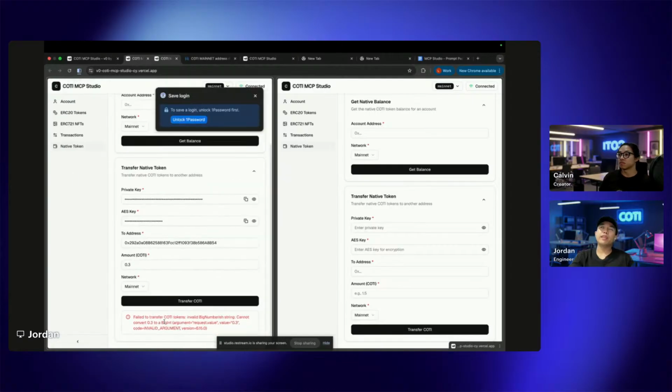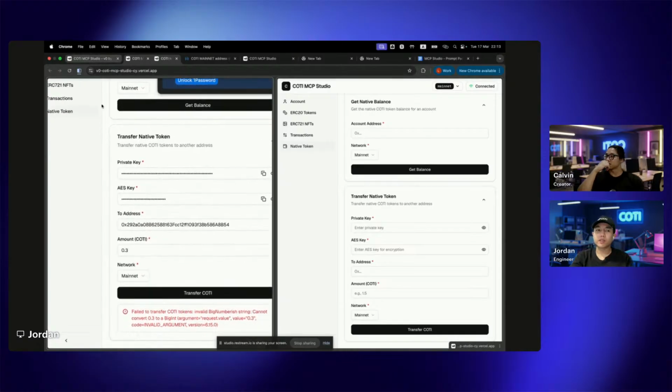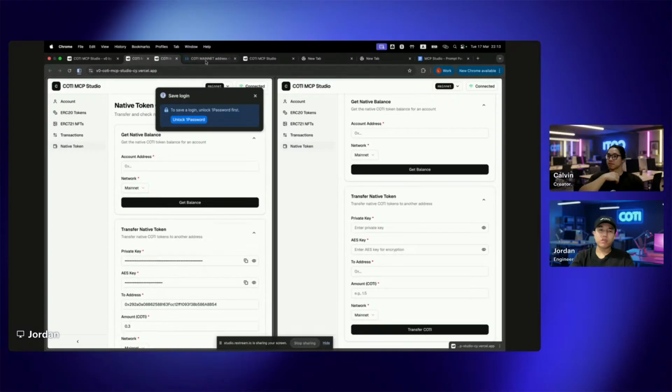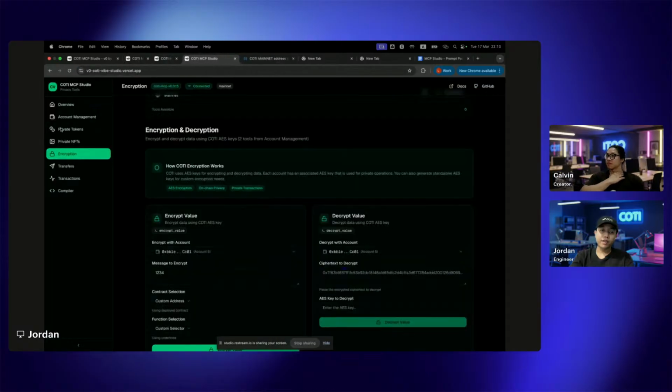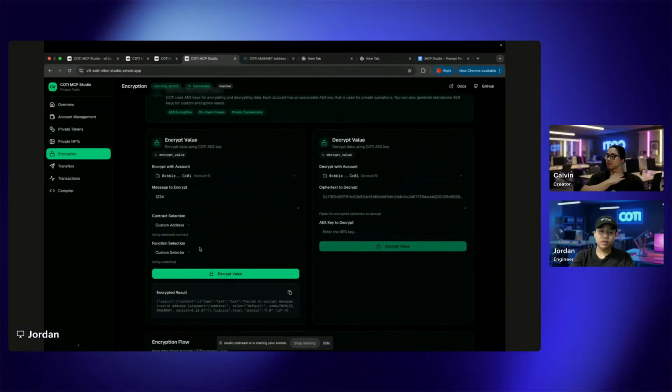This error is probably related to calculations on the Wizard side. Yeah, facing these errors, we are going to prompt it to fix it. But we have to cover other features right here because I want to test